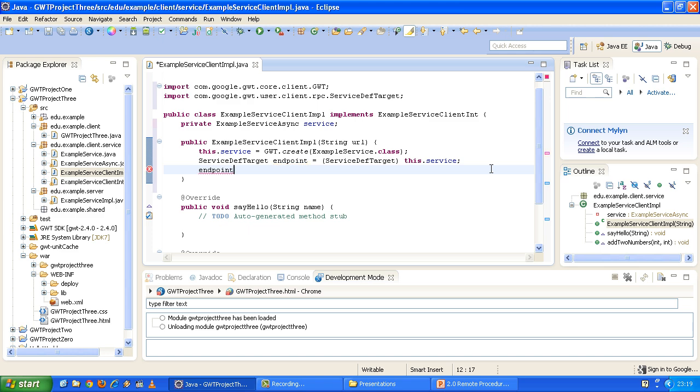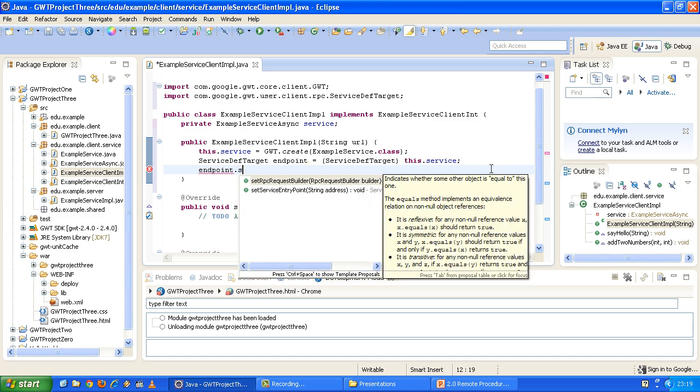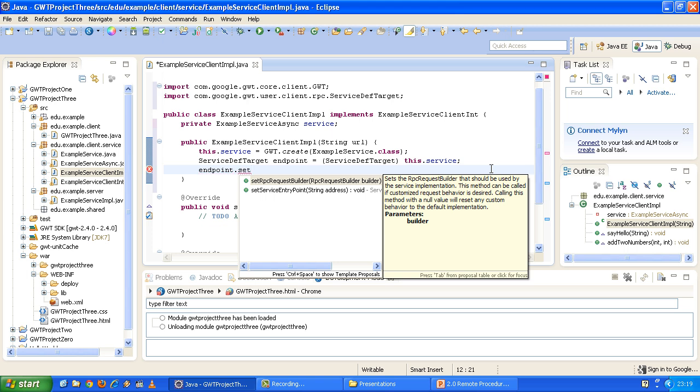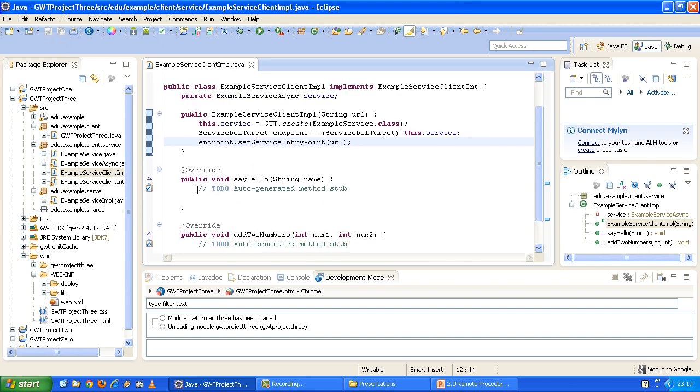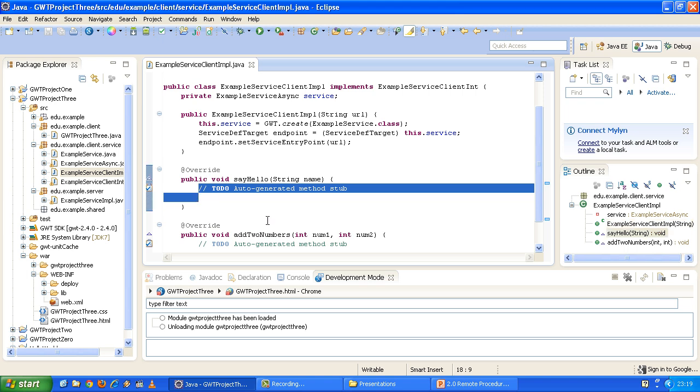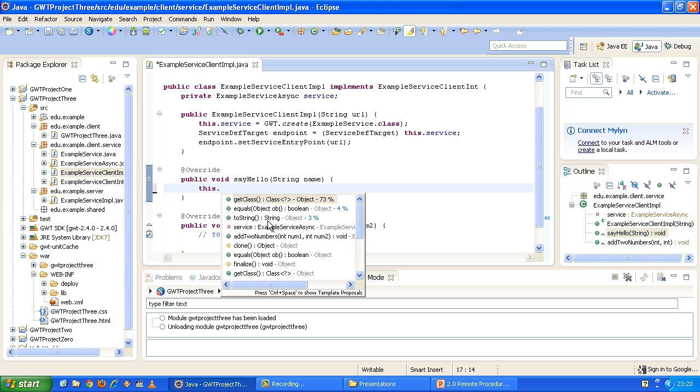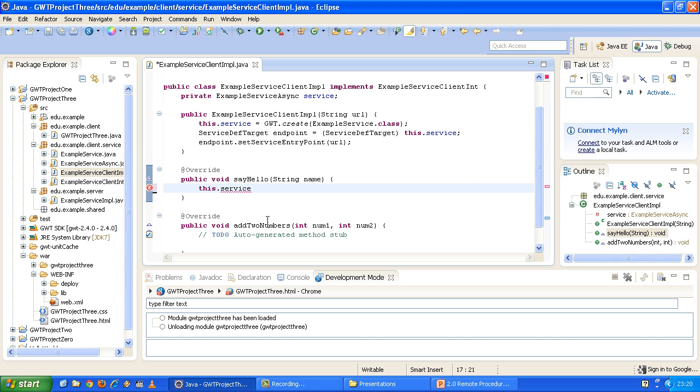Finally, I'm going to say endpoint. You need to set the service entry point based on the URL provided. And then basically we have a facility available that allows us to make RPC calls. As a matter of fact, if I now invoke this say hello method, I can actually use this service object